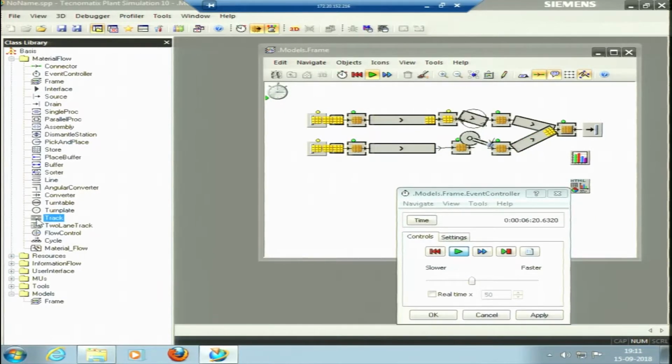Next is the track. The track can be used to model a part of a transport line with or without automated routing, on which the transporter moves the parts. For example, to utilize both the automated guided vehicle system and the model, we can use this track. The distance which the transporter has to travel on the track is defined by the track's length. The track's length can be defined, then the transporter's mobile unit length and speed can be defined.